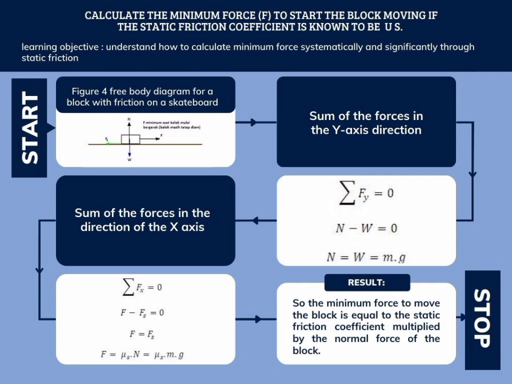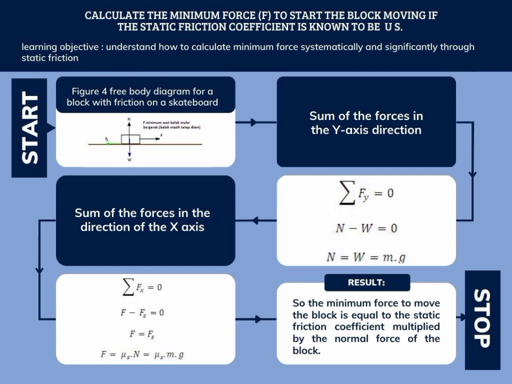From the start, we can see there is a figure of a free body diagram for a block with friction on a skateboard. From the picture, we can see there are four lines showing us the minimum force and then the μ static. And the next, we must do the sum of the forces in the y-axis direction. We use the formula sigma Fy equal to 0, N minus W equal to 0, and N equal to